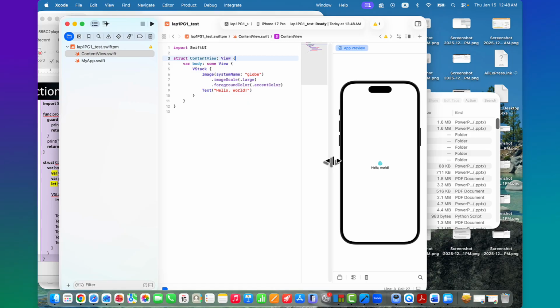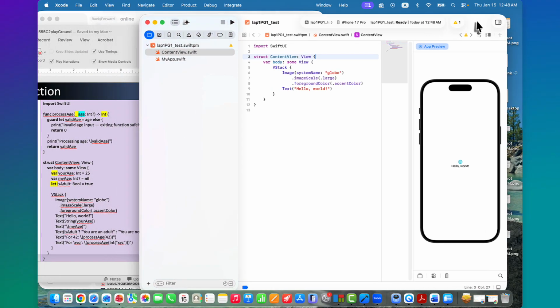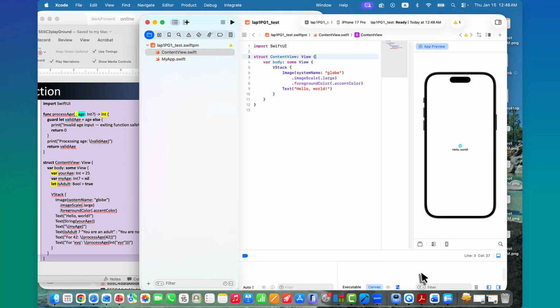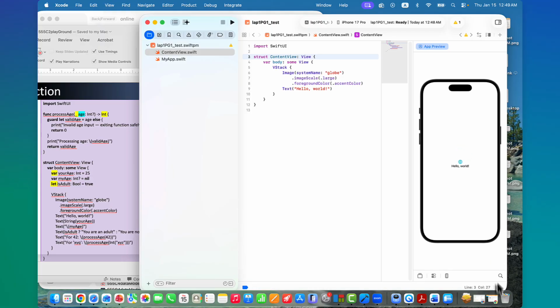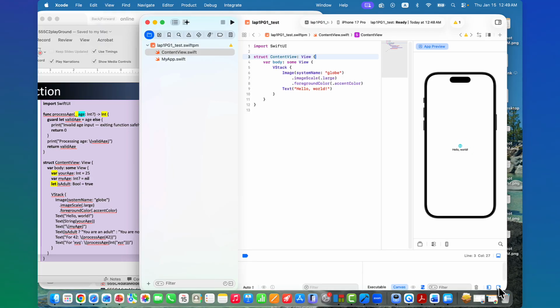And by the way, if I click this, then I can see the console. This is a console. Okay. So if you click this, then it will disappear and appear like toggle buttons. Same thing here. Then that is hidden, and this can appear.